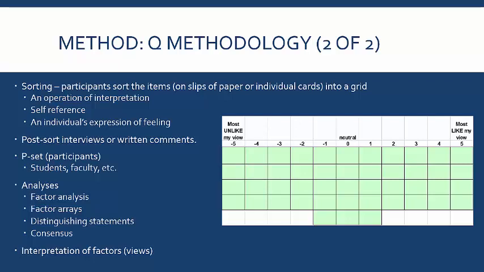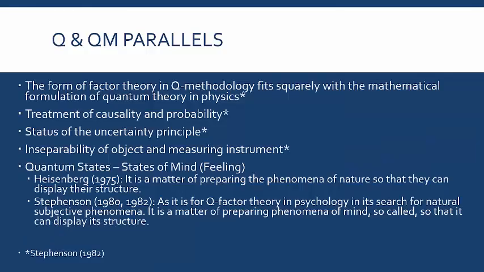I actually used that for the very first Q study I did. I used the consensus more so than the differentiation of views to get a group of faculty to focus on what we had in common, because there was a lot of arguing. And then we used the consensus to move forward in a plan to create a school of technology, which then never happened because that provost left, right? Because that's what administrators do. And then we interpret these views, and a lot of times the who cares and so what gets answered through that part.